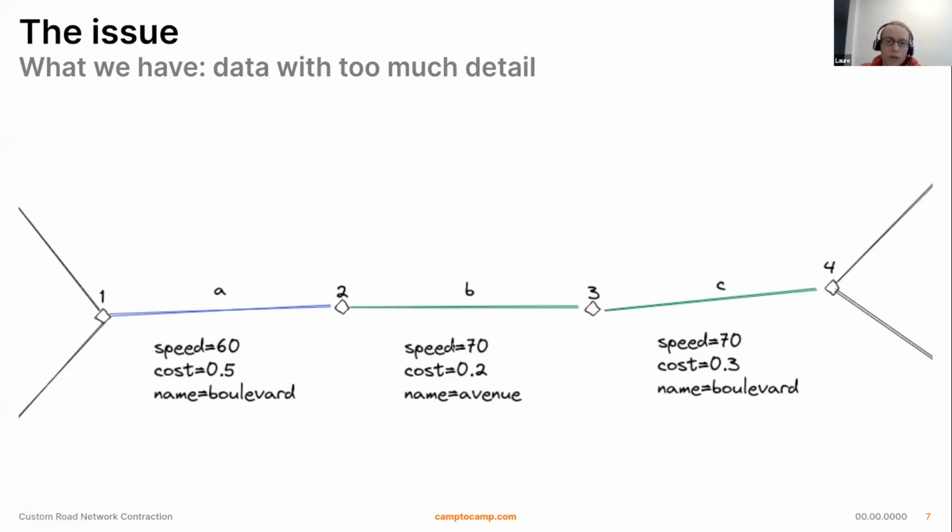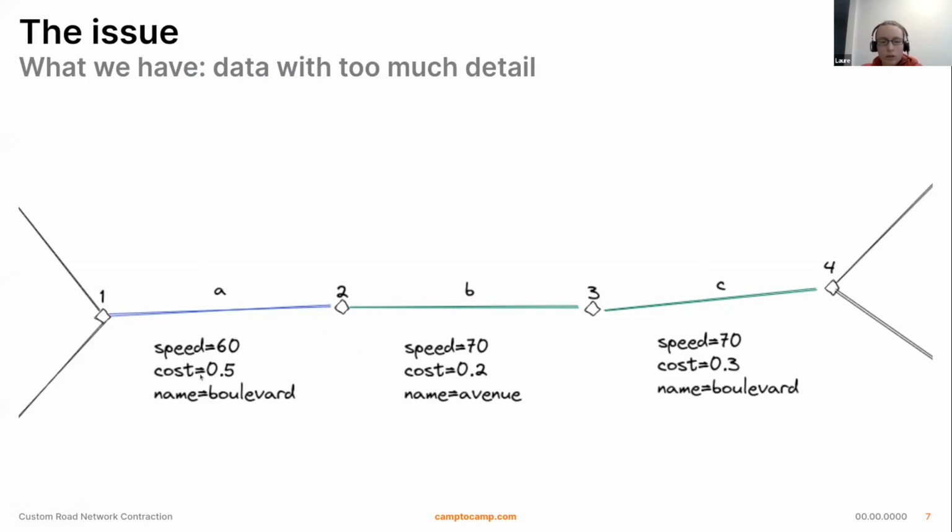The speed may vary, the costs may vary. That's a fact. The cost will always change because the edge is not the same length, is not the same speed. And sometimes we have other attributes. Here I put an example with name. It could change from one to the other.